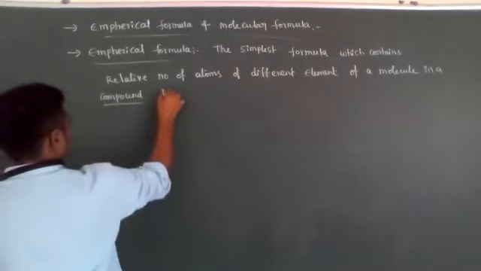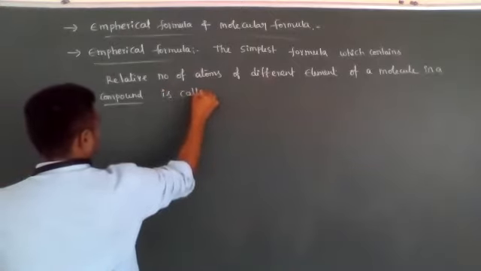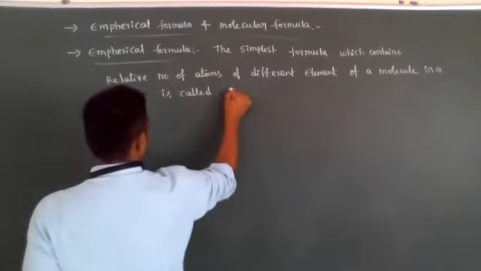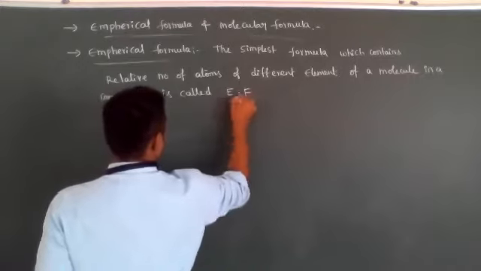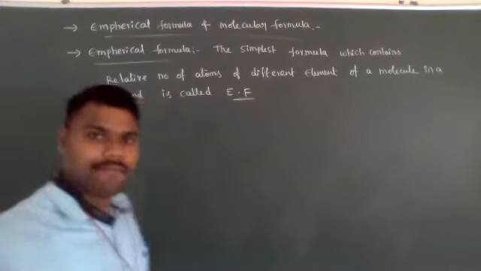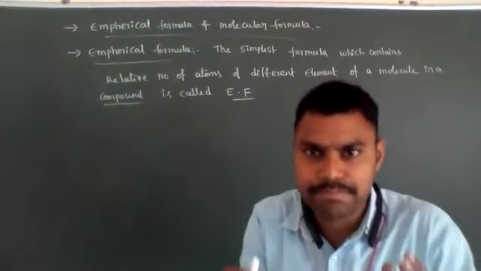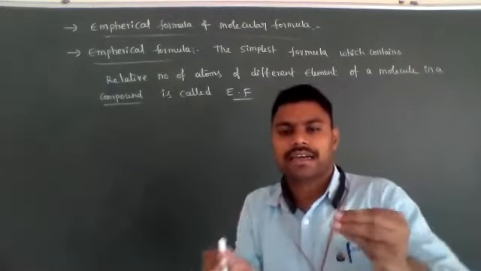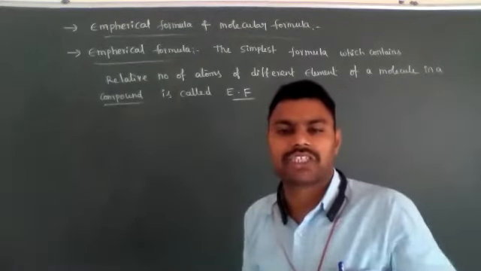It is called the empirical formula, shortcut EF. It mainly represents the simplest formula, or simplest ratio, or smallest ratio of atoms present in the molecule,